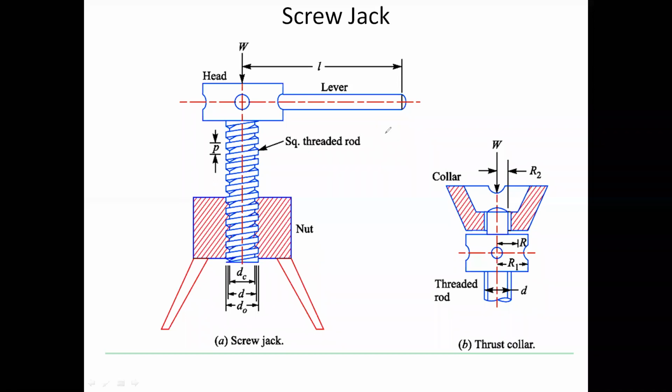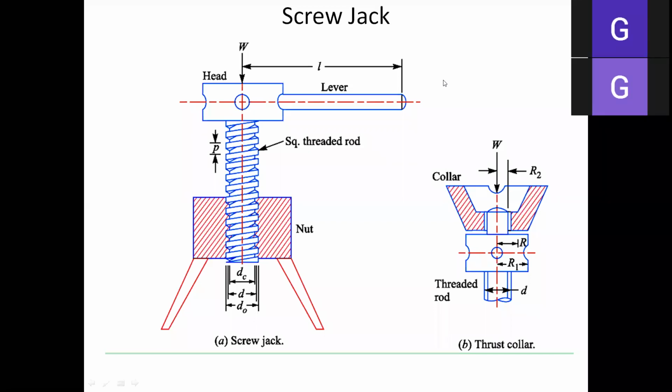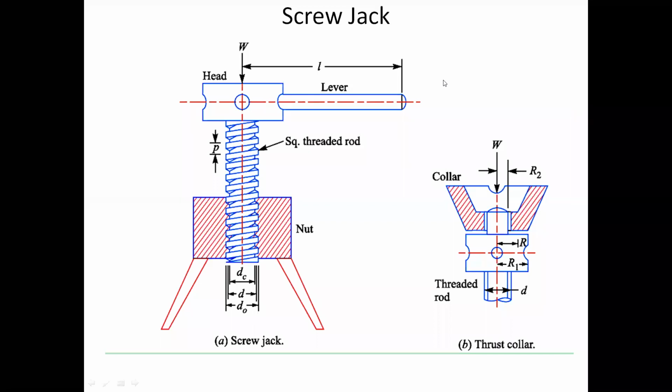In most of the applications, कुछ ऐसे एप्लीकेशन है जहां पे हमें क्विक असेंबली और डिसेंबली करना पड़ता है. जैसा कि एक सिंपल हम एग्जांपल ले सकते हैं डे टू डे लाइफ में. In day to day life we can have a simple plastic bottle. एक हाफ टर्न से वो प्लास्टिक बॉटल का कवर निकल जाता है. So in that, instead of single start, we can use double start and triple start. Double start and triple start mean what?